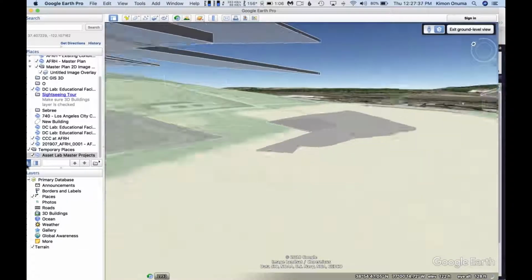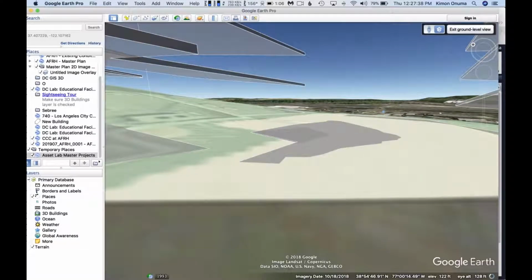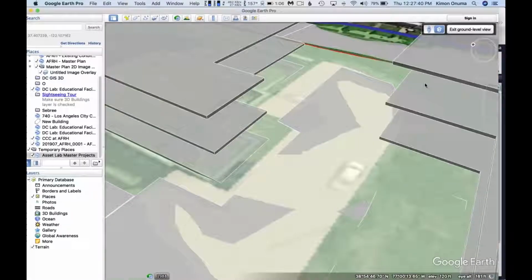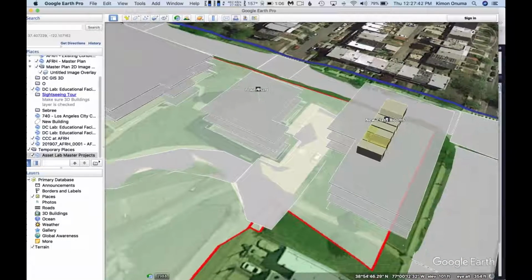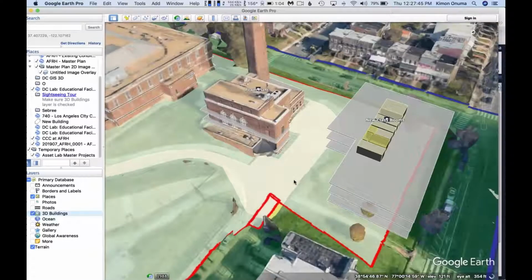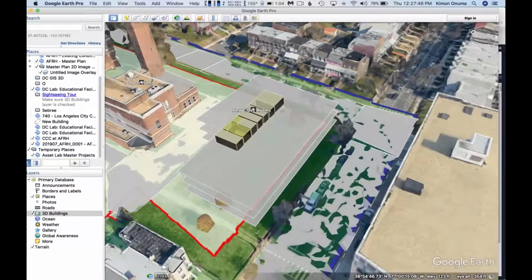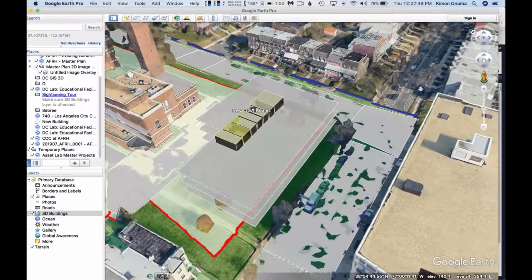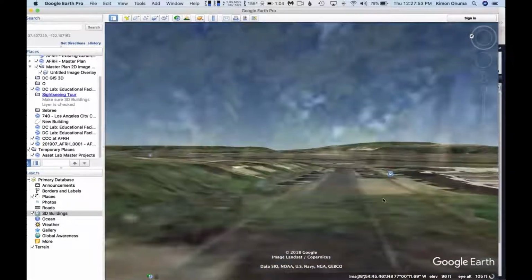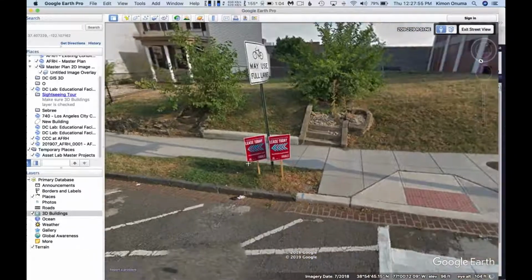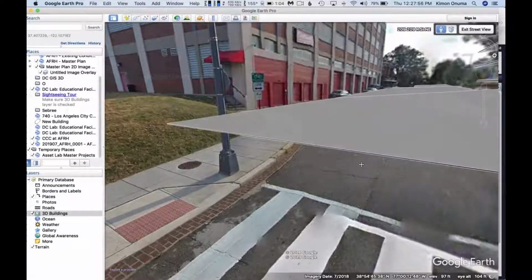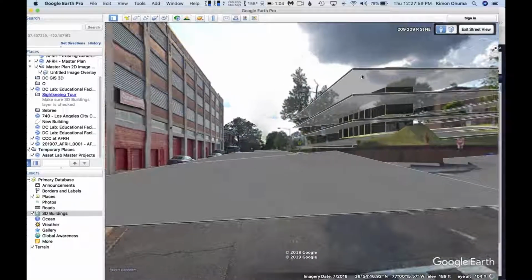I didn't jump into the right view here, but anyway, that's a kind of mashup that's possible when you start merging information. There we go. So 3D views there of the actual existing buildings merged in with the proposed building of the new classroom at street level. Let's see what it looks like there. There we go. We're a little bit delayed.